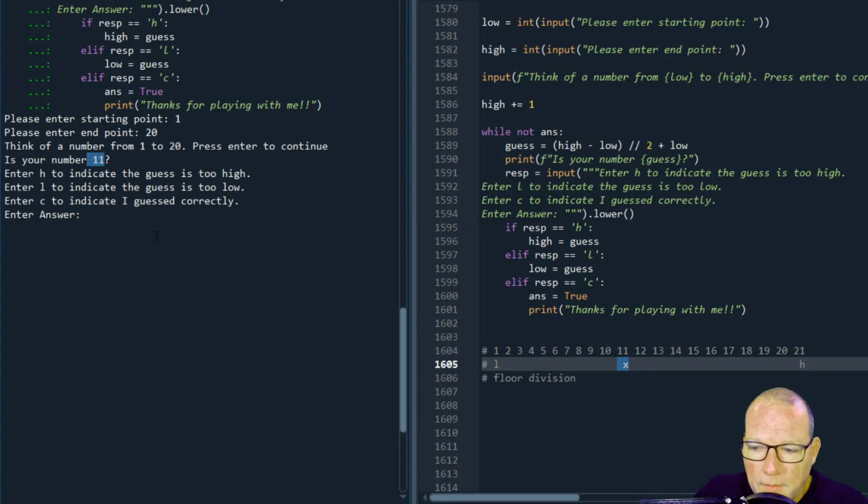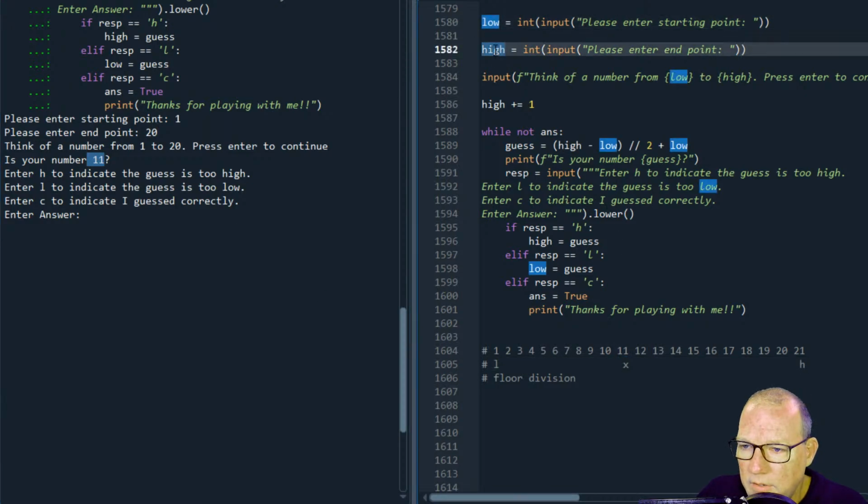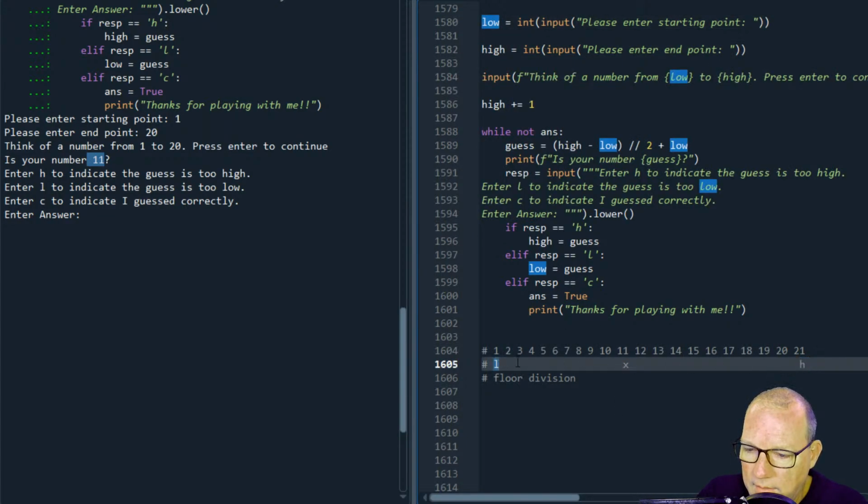All right. So if you look right here, we have our low point and high point. And they're right here. And then basically right here with our guess right in the middle. But now this is where we need the feedback to decide: am I going to move the low point up to here, or am I going to move the high point down to here? Does that make sense? So we're going to tell the program, are you in this bucket or in this bucket?